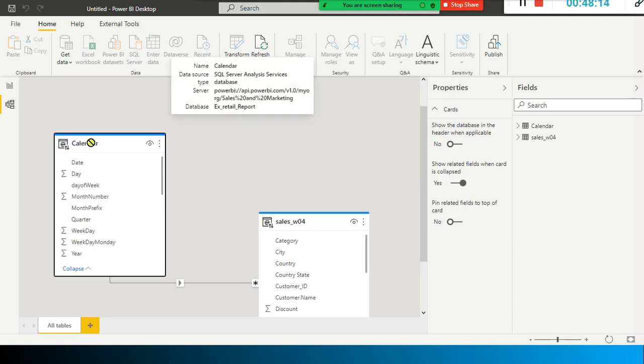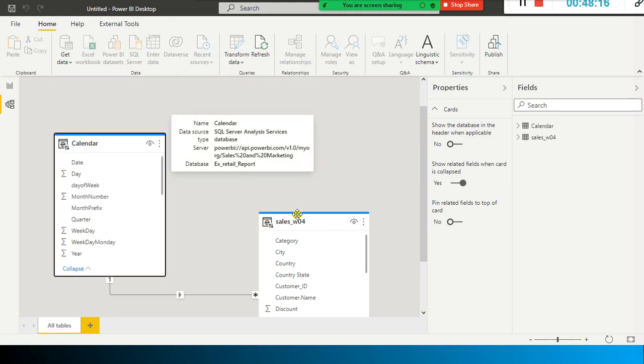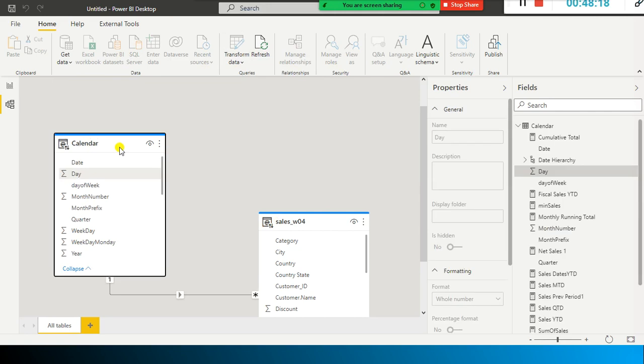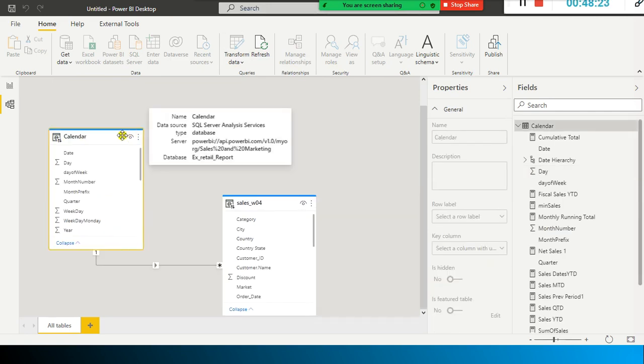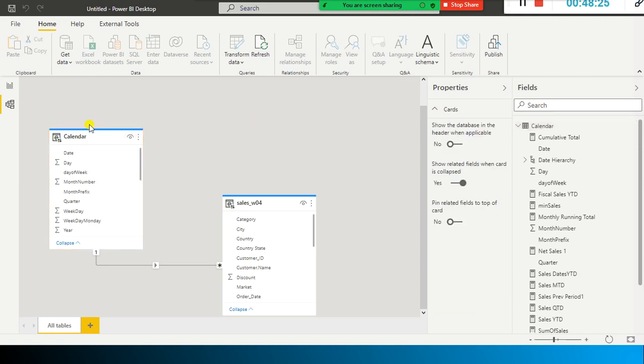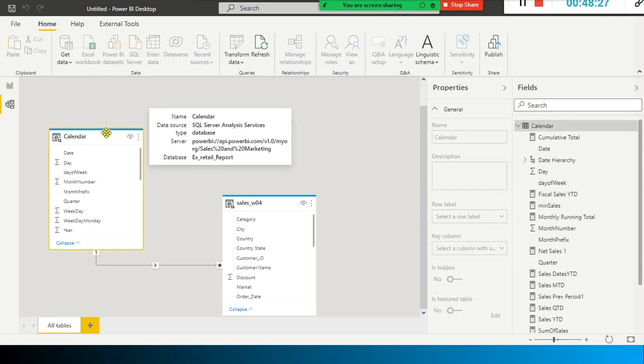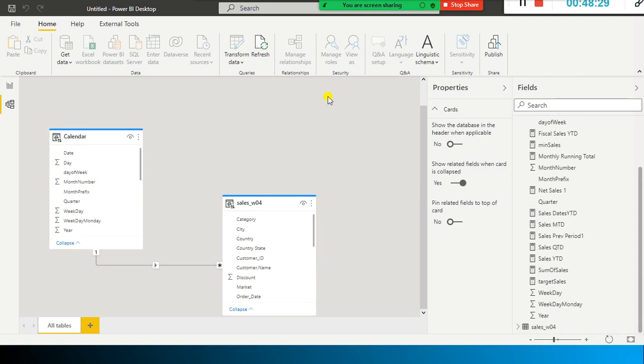Look here, you can see the blue color mark, right? When you right click on it, you can select the columns. You cannot delete any column, or even delete this. See, remove from model, you cannot remove it. If you delete it, it will not work. There is centralized control here. This is also a kind of reusability. This is one of the Power BI datasets.